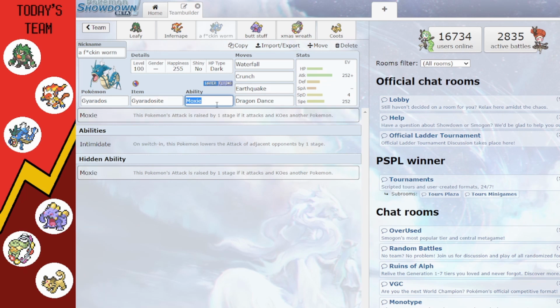I used to have Intimidate on this set, but I found out that Moxie was a little bit more helpful because what I tended to do was to get a kill and then Mega Evolve. We had the regular Waterfall, Crunch, Earthquake, Dragon Dance kind of set here. Real basic Gyarados stuff, obviously. Next on the list we have...